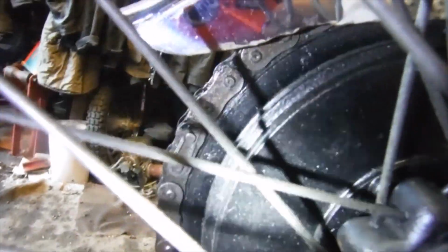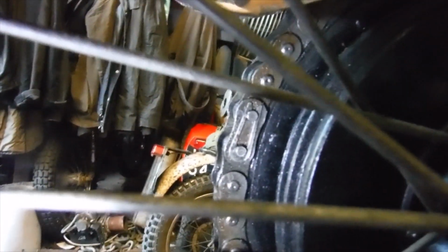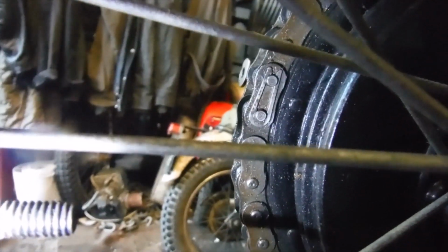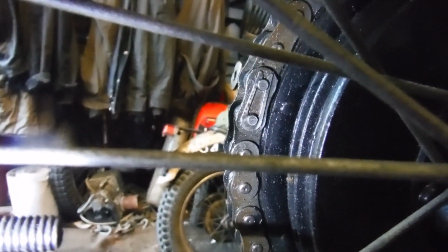So that's not the first time I've seen that, but it's not the first time I've seen this either. Needless to say, the spring clip or spring link is facing the wrong way. Why does that not surprise me? Anyway, I'll get that off, get the chain off, unbolt the bottom end of the engine and have this out of the frame, and I think